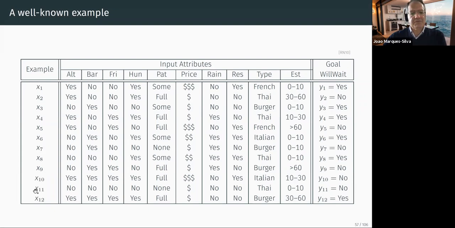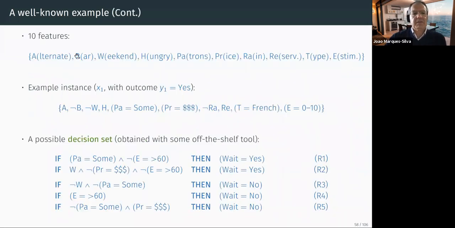Again, you have a bunch of samples or instances, and these are the features I also talked about a little bit more than what I showed before. In this case, I am showing everything and whether we wait or not at the restaurant. And so, just for those of you that might not be that familiar, A will be alternate, bar, weekend, hungry, patterns, some people inside or not, the price, expensive or not, rain, if I have a reservation, the type of restaurant, and the estimate of time that I need to wait, okay?